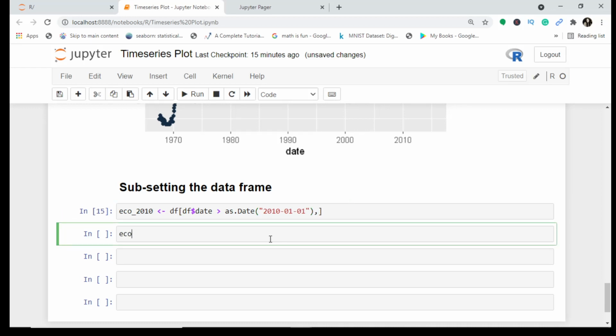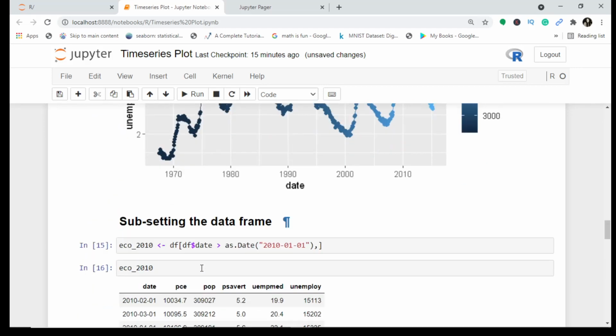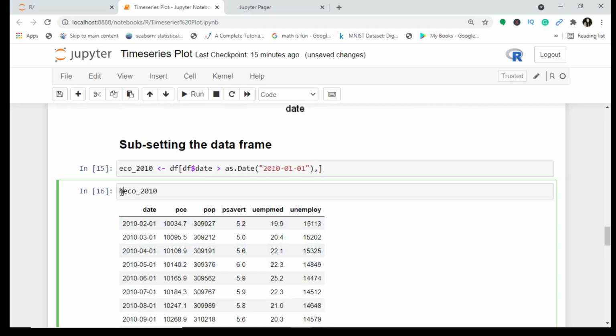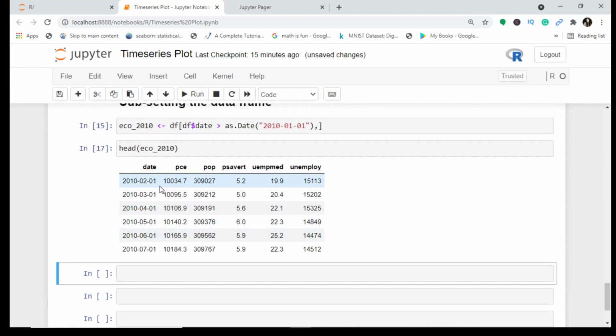So this is a condition that I have given, and I just call this data frame. So this is quite a huge data frame, as you can see. So what I can do is simply mention head. This just gives me the first six values, and this is from 2010, as you can see.